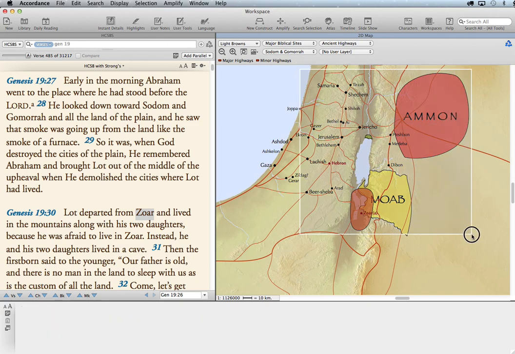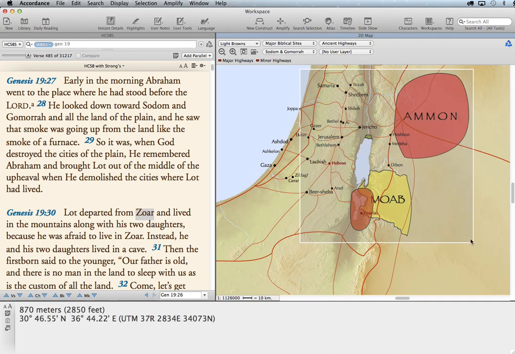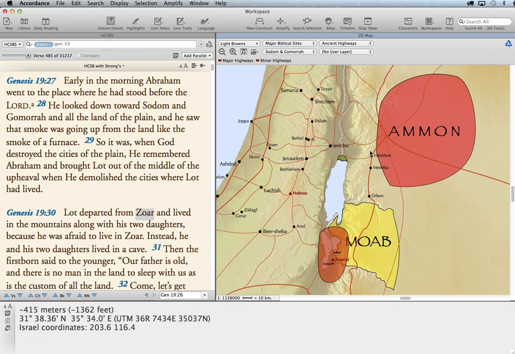I may zoom in a little bit here. One little trick for zooming in, you can just drag a box around an area and then double click, and that'll get you a little closer. It'll zoom into that particular square that you created. So now I've got Sodom and Gomorrah, I've got Zoar, I've got Hebron highlighted, I've got Moab and Ammon shown